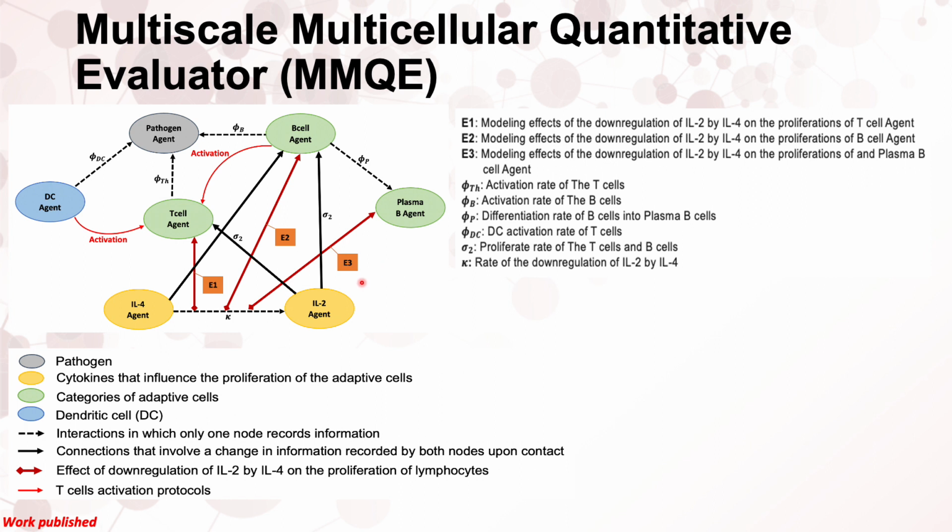The major key players and biological processes in the proposed MMQE for overall immune system response are modeling T-cell activation with a dendritic cell, modeling the variation of antigen, modeling the dynamic of B cell, modeling the proliferation of plasma B cell and the dynamic of T cell, and finally, modeling the interaction between IL-2